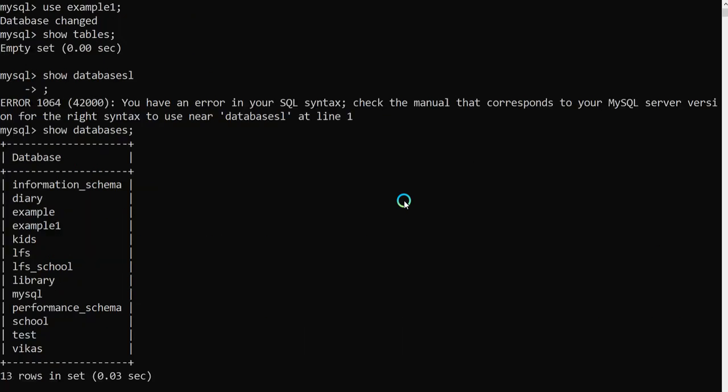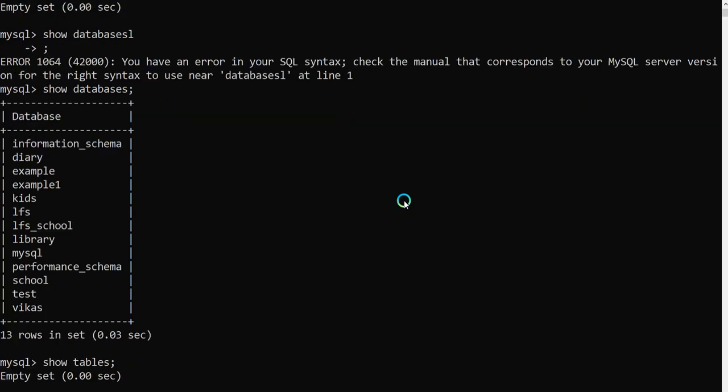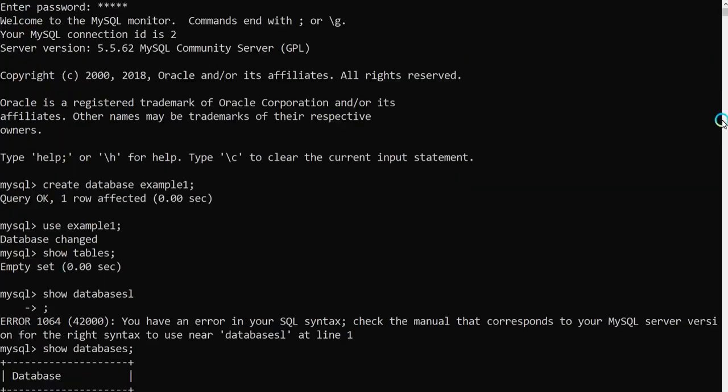Look here, in your MySQL there is information about the total number of databases. This shows how many databases you have created inside MySQL. Now again, we have to write here show tables. There are no tables. So what will I do? Okay. We are going to create one table.